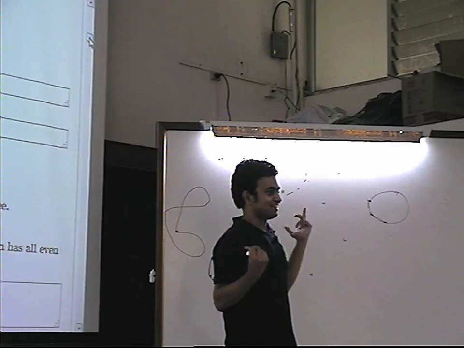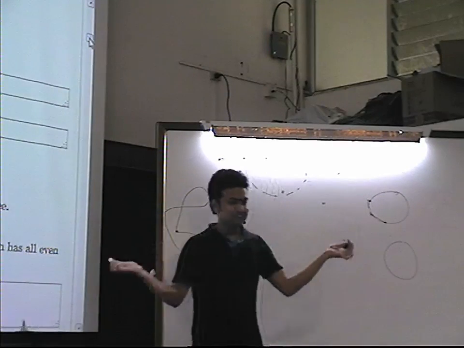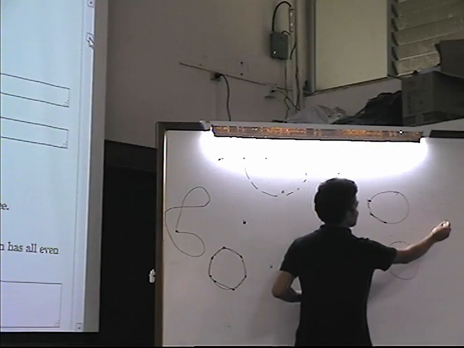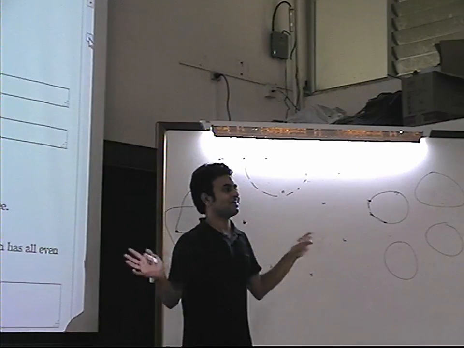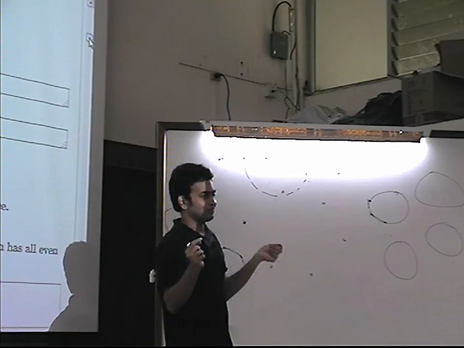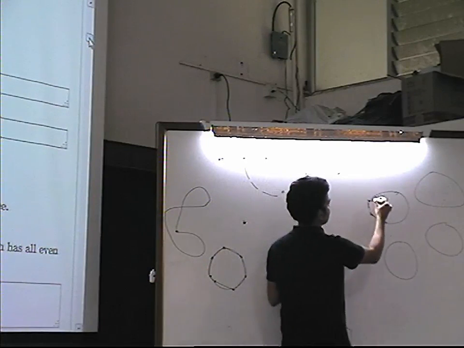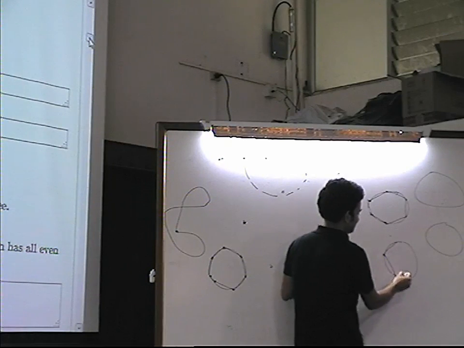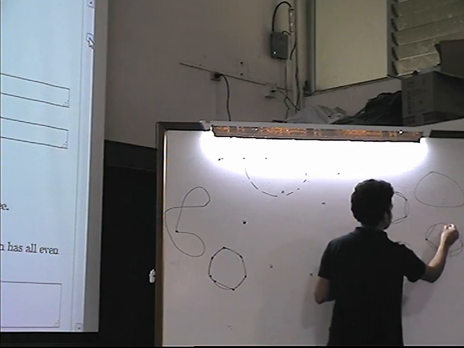So I can take another cycle out, right? I take another cycle out, let's say this, and again the remaining graph has all degrees even. So I can keep taking cycles out of this graph, right? Let's say at some point no more edges are going to be left. You keep doing this, and at some point you will exhaust all the edges in the graph. Once you take the cycle out, you delete those edges. So let's say we got